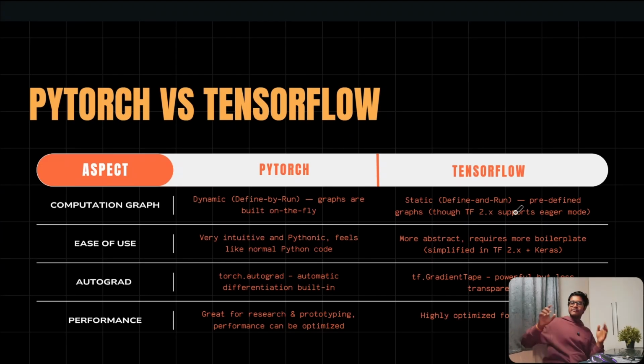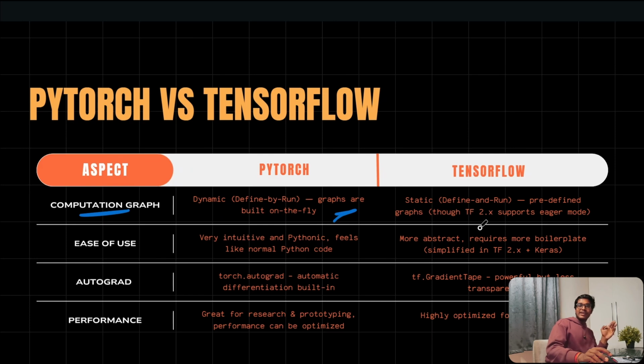Alright, now it's time for the showdown. It's PyTorch versus TensorFlow. Let's go. So first up we have the computation graph. In PyTorch, it's a dynamic computation graph, which means that the graph is built on the fly. Whenever we perform any operation, it gets appended into this graph, and this makes debugging and experimentation very easy